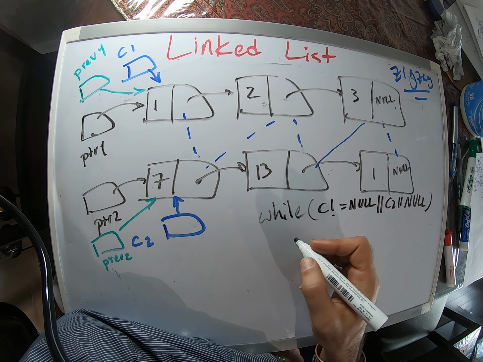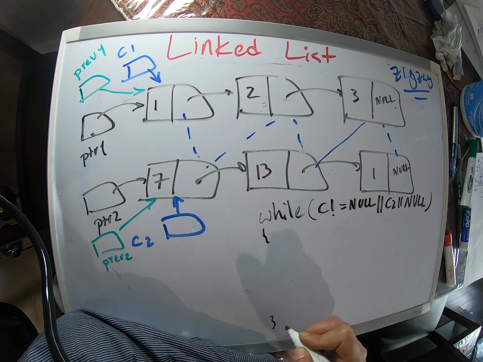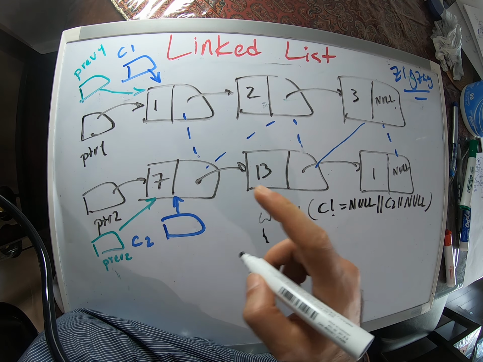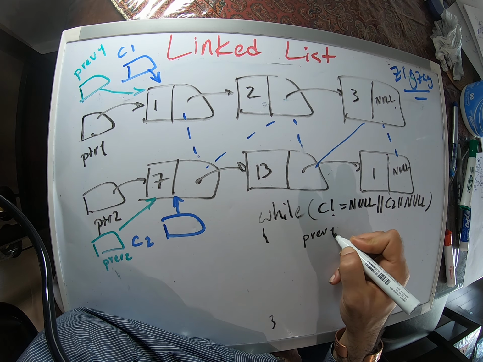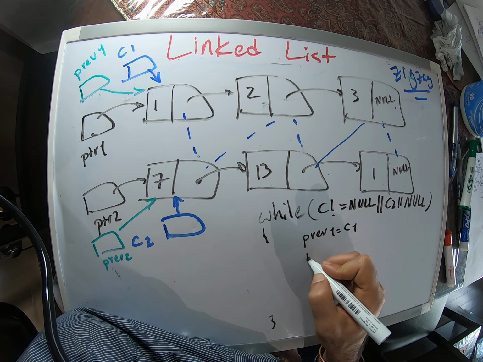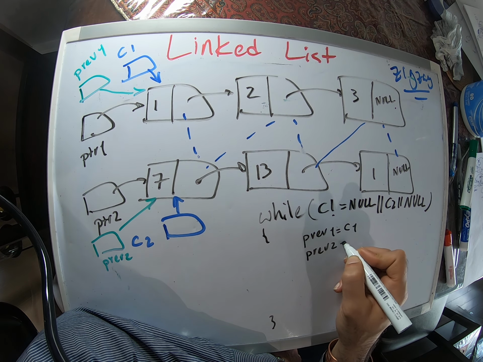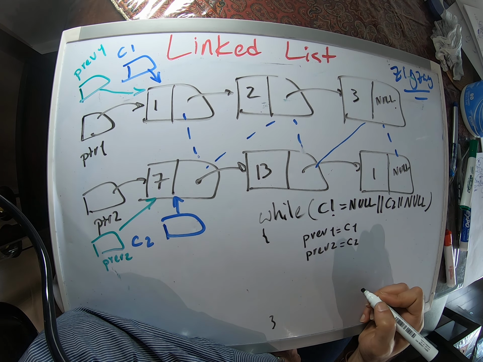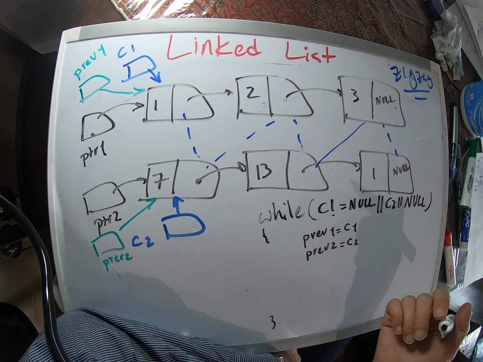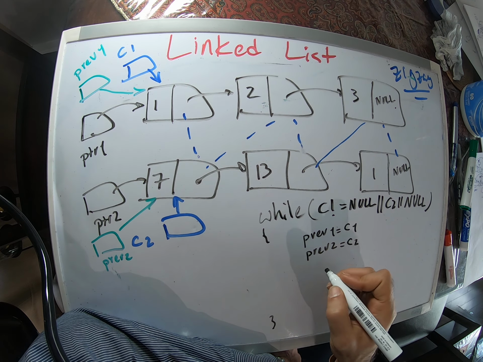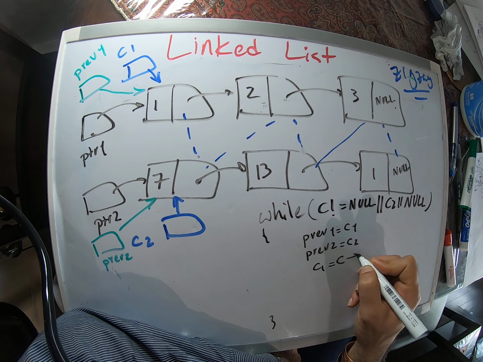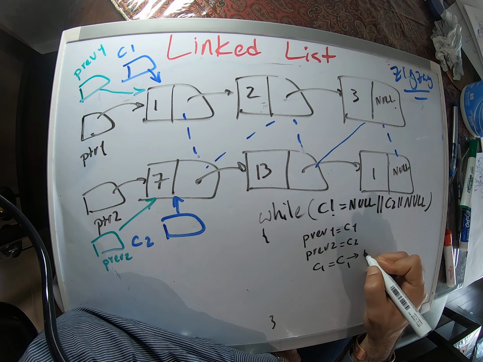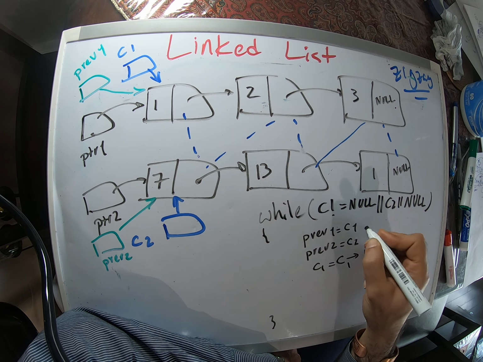So in this case, we say previous 1 is equal to C1, which is what we have right now. Previous 2 is equal to C2. Now we want to move the current pointers, right? So C1 is equal to C1 arrow next, and